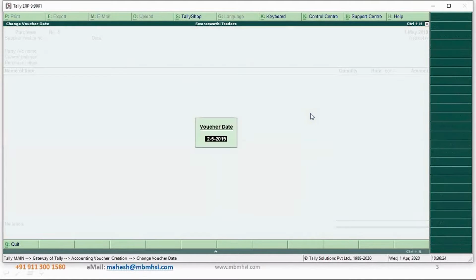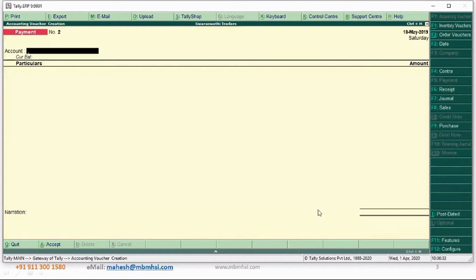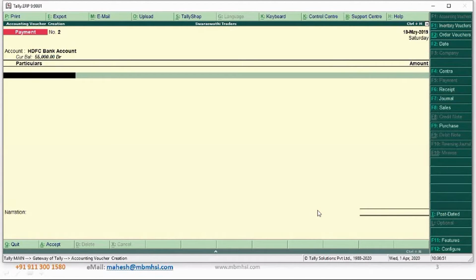I'll change the date to 18th of May. So on 18th of May, I'm making a payment. How am I making a payment? I'm doing an online payment using my bank account, so I'm clicking the bank. Now, to whom am I paying? I'm paying Haider Inc. It is showing me 37,50,000, right? Am I paying in rupees or am I paying him in dollars?